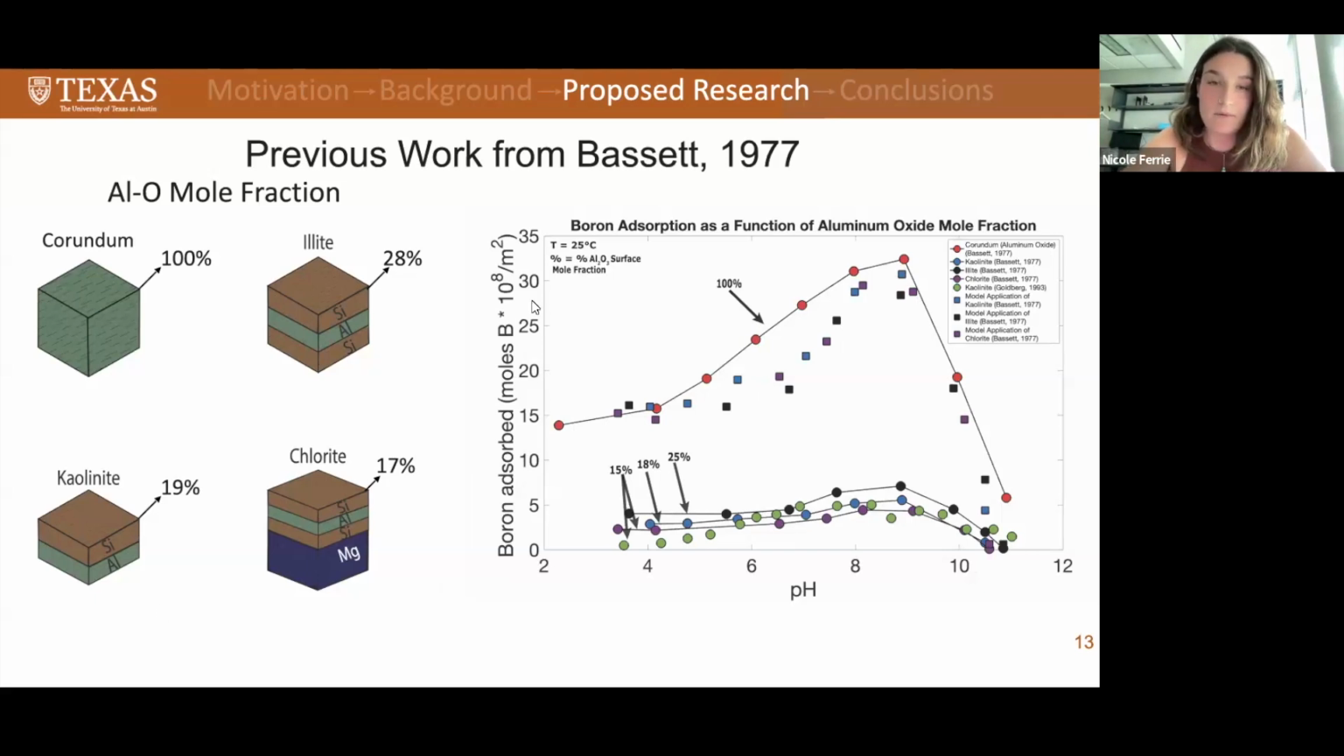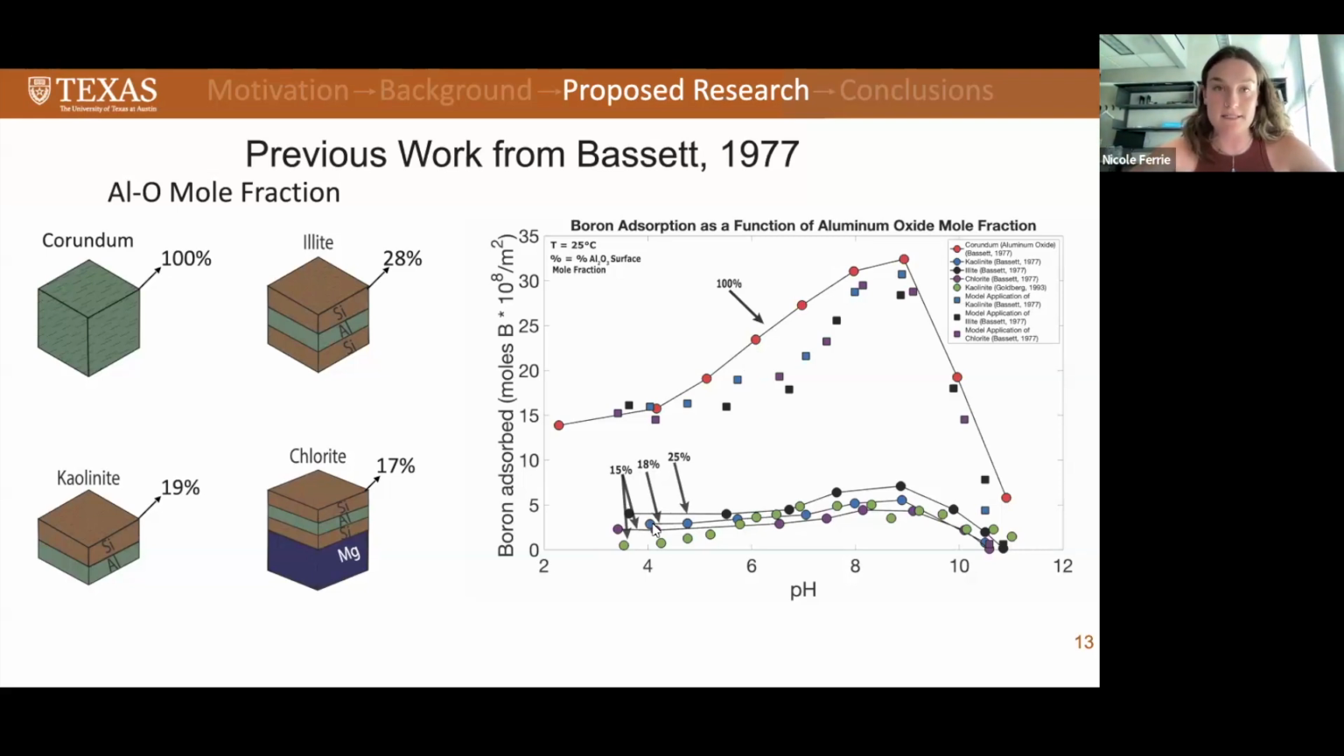And here I show this with the amount of boron adsorbed on the y-axis and then pH on the x-axis. The red is corundum, which is 100% aluminum oxide and has the highest amount of adsorption. The black, blue, and purple are illite, chlorite, and kaolinite. And we can see that this scaling factor works, where the amount of boron adsorption on corundum is scaled down by the aluminum oxide mole fraction and equals the amount of boron adsorption that you would get for these three end-member clays. Now, this work was previously done by Bassett in 1977,